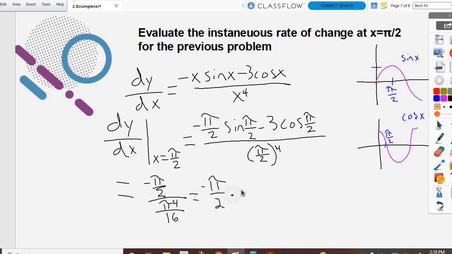Then my last step is just going to be to multiply by the reciprocal. So I end up with negative 8 divided by pi to the 3rd. You can plug that into your calculator because it's going to give you the decimal approximation of whatever